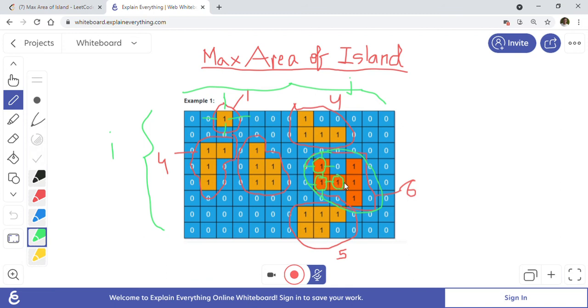So this is how it will keep going, and now it will find a 4 here. Once it goes on the upside, then it will find a 5 here, and once it goes on the downside, it will find the 6 here. And then all these recursive calls will return here. So at the end we will get 1 plus 5, which is equal to 6. So that's the return value we will get for that call.